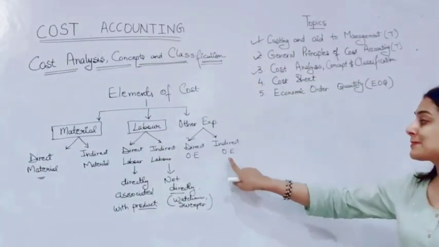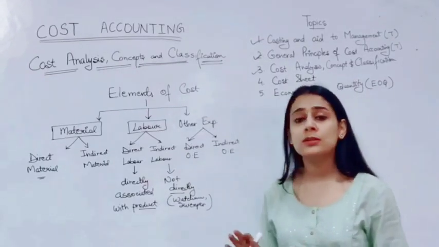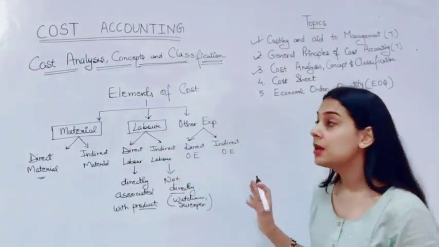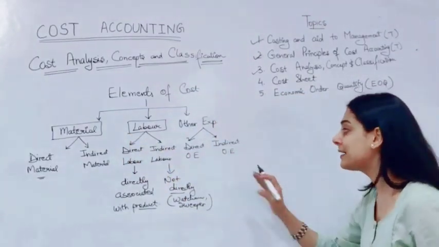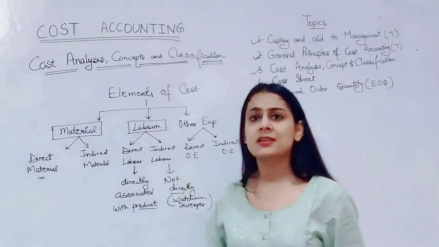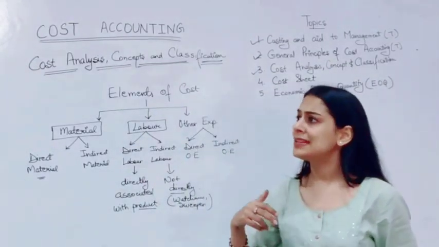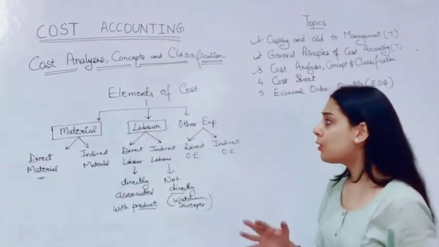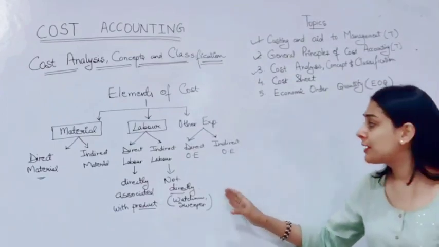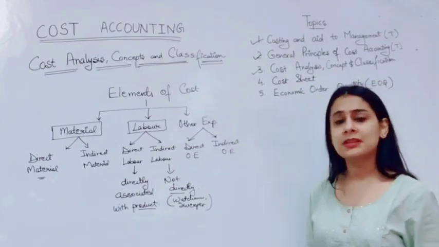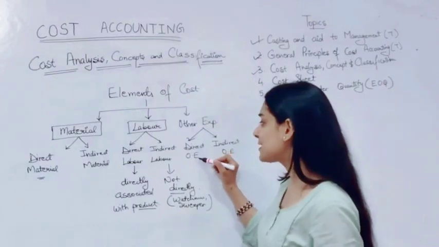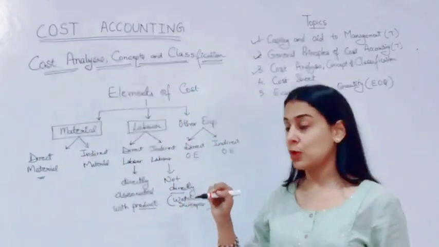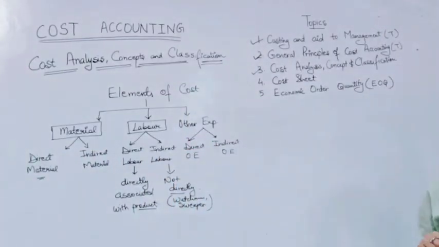Next is direct other expense and indirect other expense. All the things which are not a part of material and labor are a part of other expense. Now other expenses can also be direct and indirect. For example, stationery, increased electricity charge, postage and telegram, stamps, etc. All those charges are classified on the basis of direct and indirect. In business, you will be able to know what the direct other expenses are, which are associated directly with manufacturing the product, and what are the indirect other expenses.